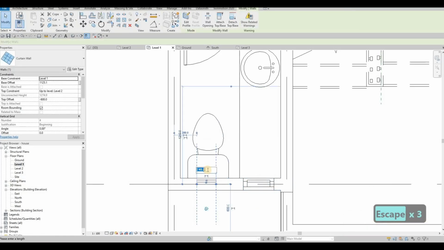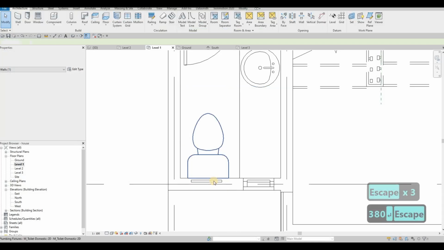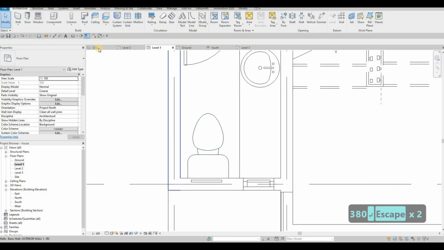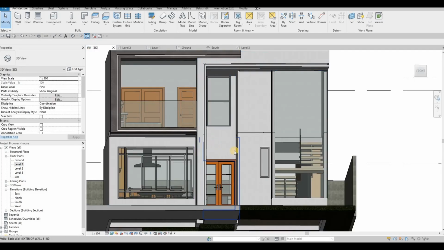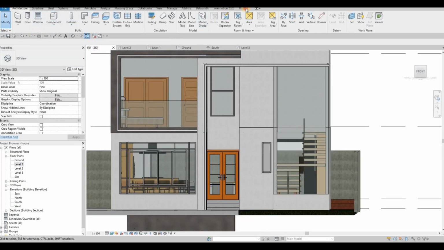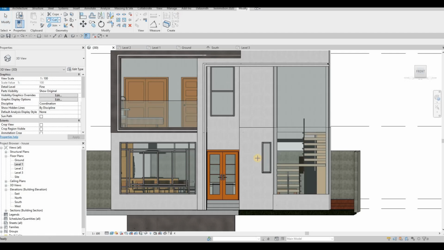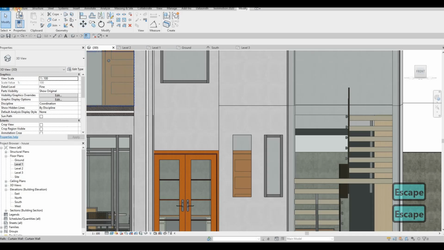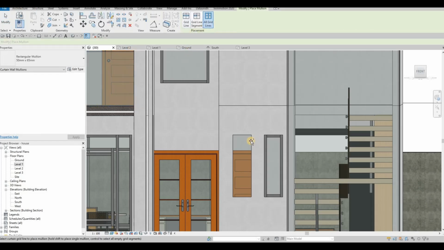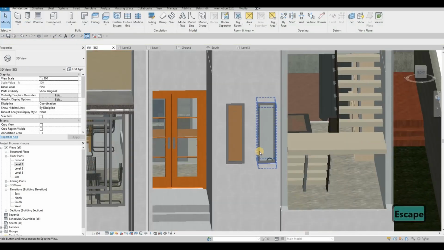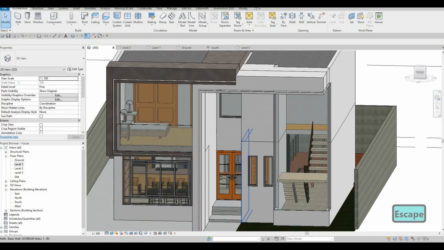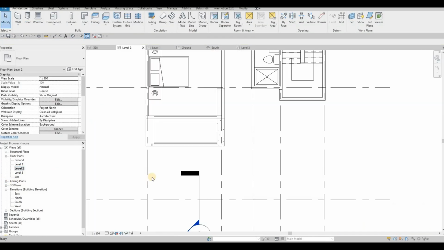This is 380, so 380 as well, and then I think that's good enough. Go to 3D and then modify, cut geometry, so it maintains everything. And then we just need to add mullion, all grid, and then add those right there. And then on level 2,